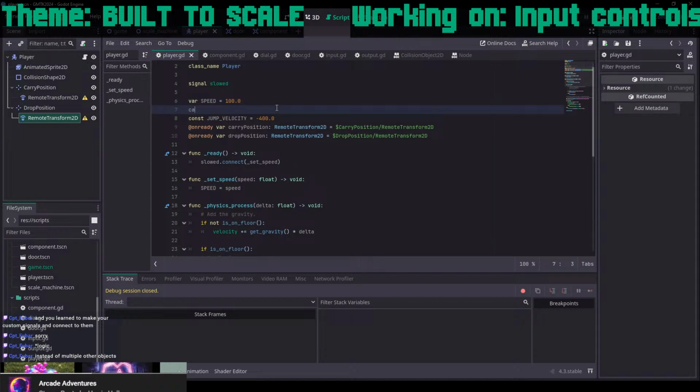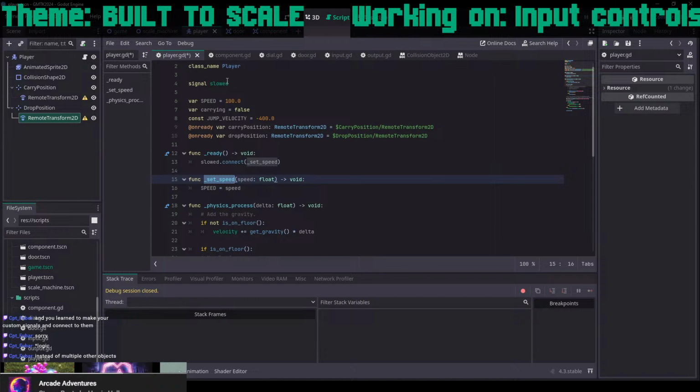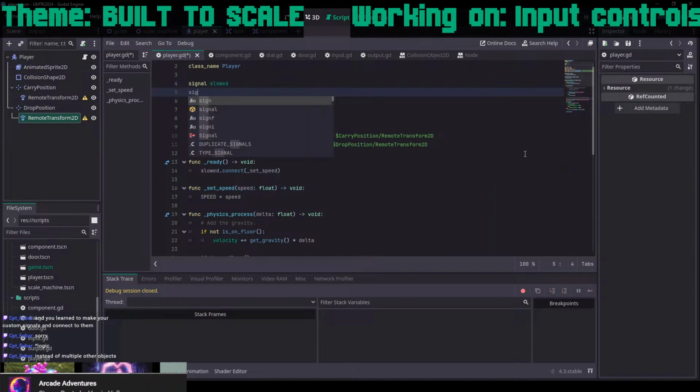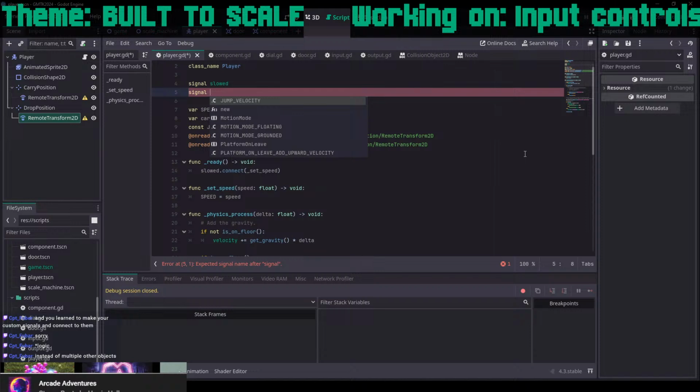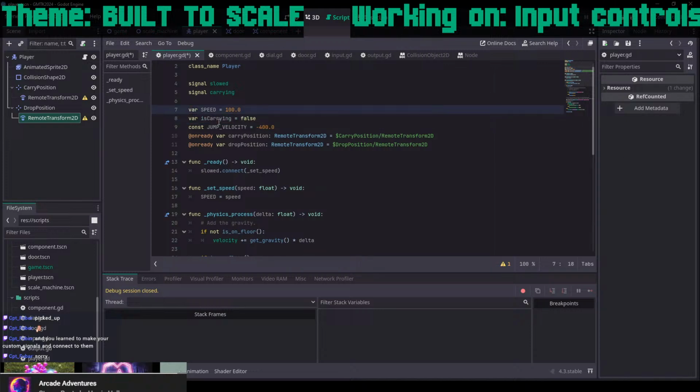But what I can also do is a var carrying, and we set that to false to start with. And then instead of doing a set speed signal, we'll do a signal of carrying. Oh wait, no, let's call this carrying, and we'll call this ball is carrying. And then